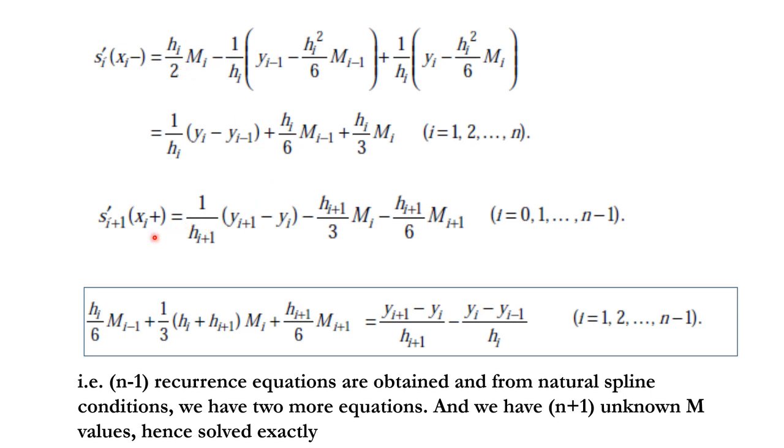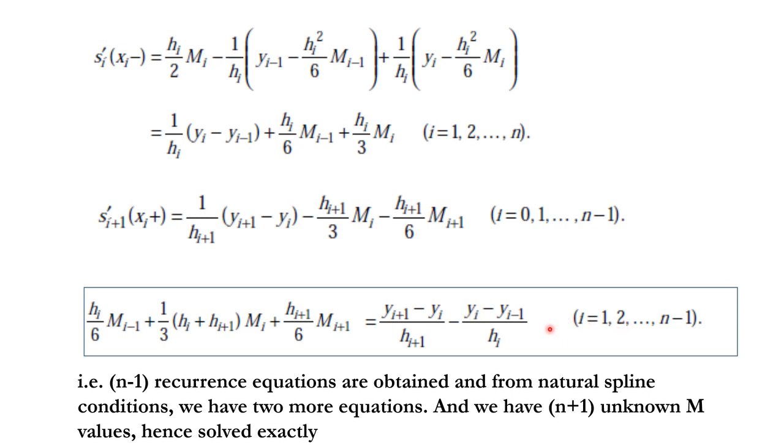Now similarly, substituting for x equal to xi in si plus 1 prime of x, we obtain this. So equating both, this one and this one, we get this equation. So this is the recurrence relation for the cubic spline,